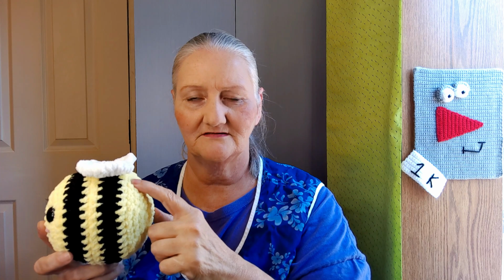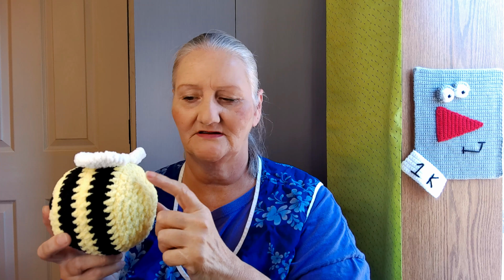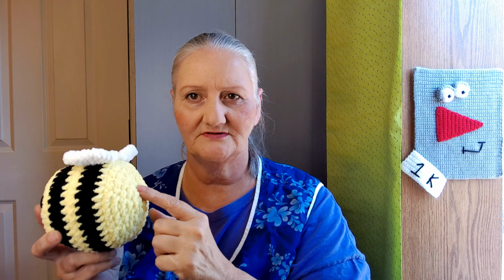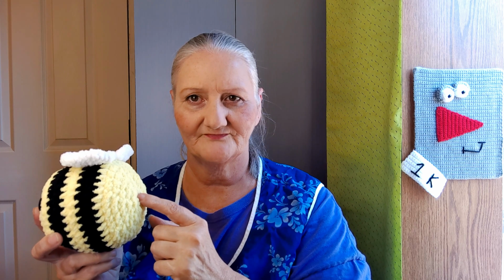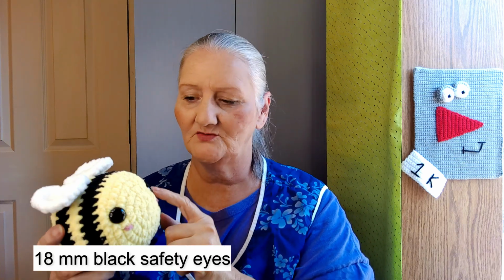change color, yellow, 1 row 36, 30, 24, 18, 12, and 6. That's the V pattern. The eyes are positioned at round